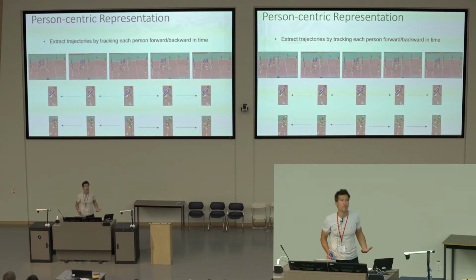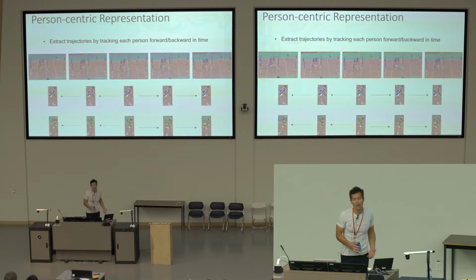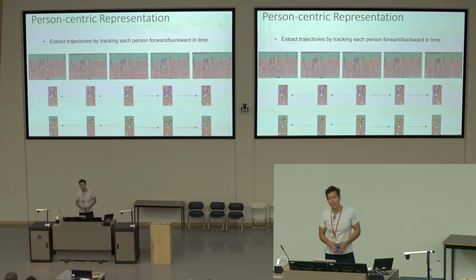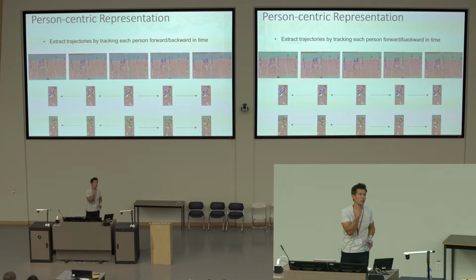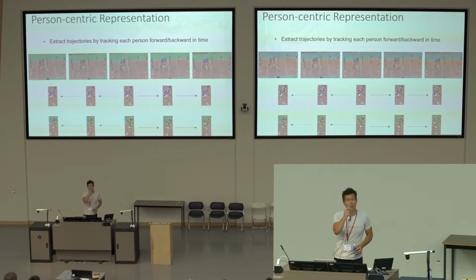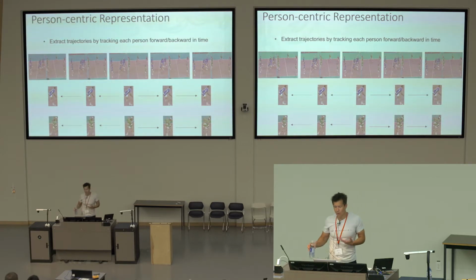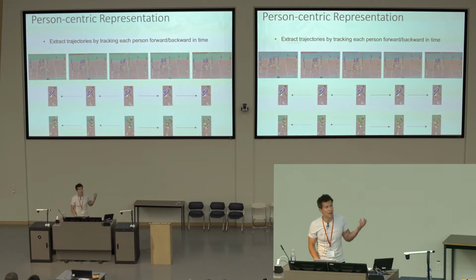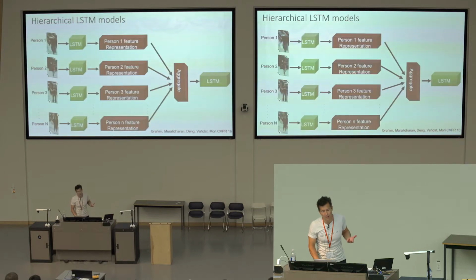The way in which these algorithms tend to work, there's a whole set of them. They generally use what are called person-centric representations. So we start off by detecting and then tracking people, maybe forward and backward in time if we're allowed to batch process a video. And we get a zoomed-in, person-centric representation that characterizes what this one person is up to. Then we'll build architectures that aggregate that information over the entire scene.